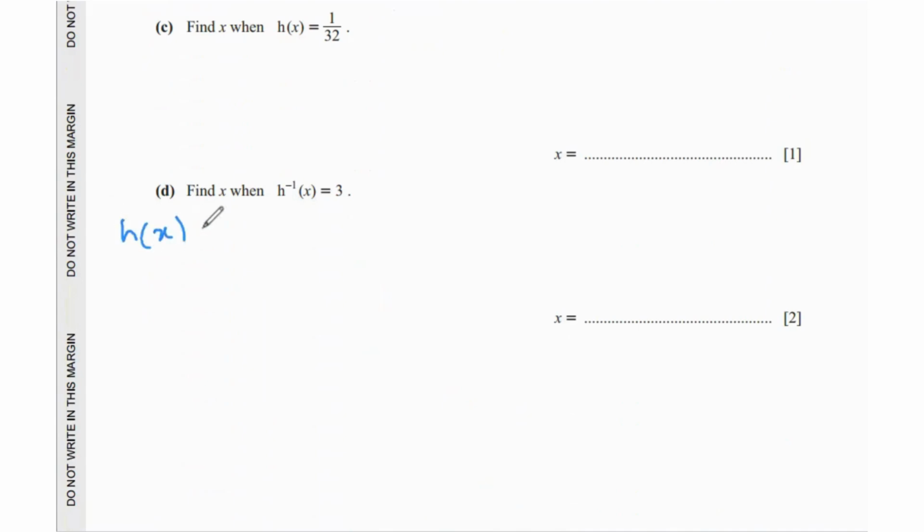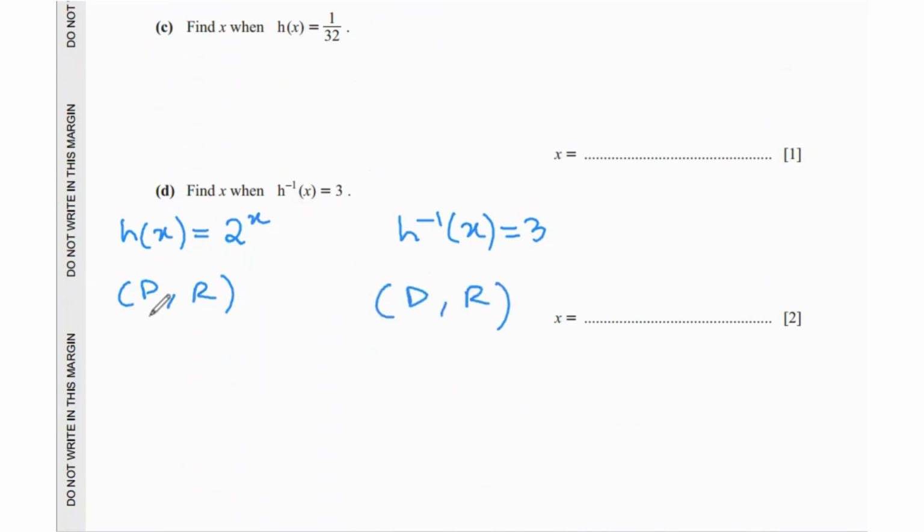Originally, h of x is 2 to the power of x. If h inverse of x equals 3, we need to find the value of x for this. So for this, you need to know that when you have an original function and an inverse, the domain of the original function becomes the range of the inverse, and the range of the original function becomes the domain of the inverse. We swap them. So if the range for the inverse is 3, that's the domain